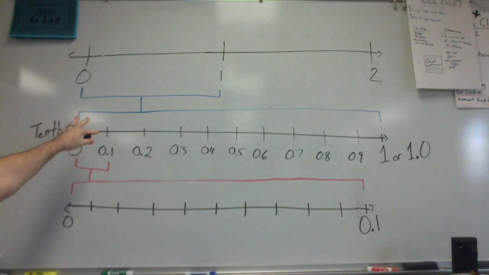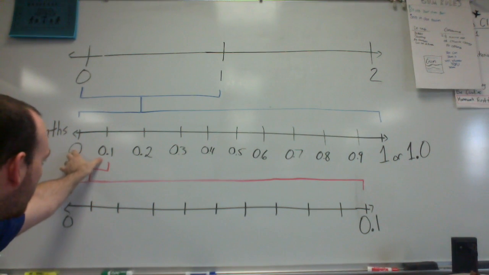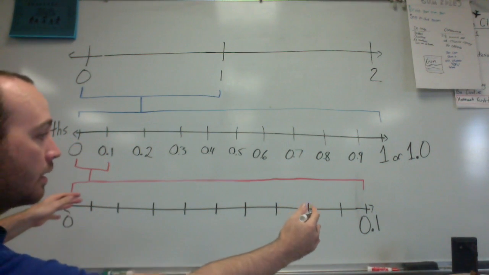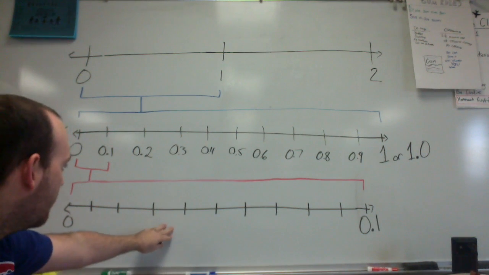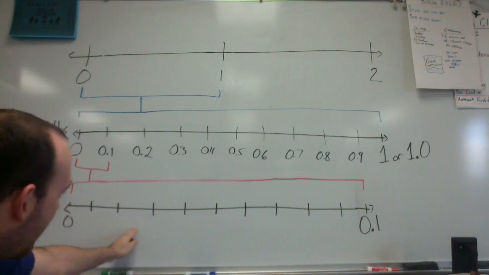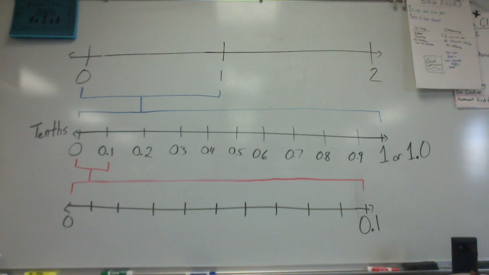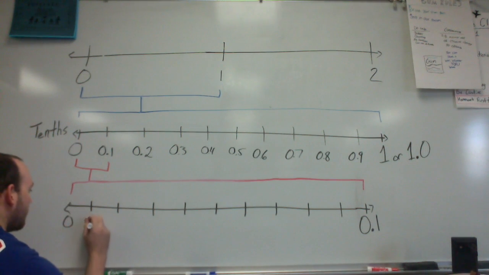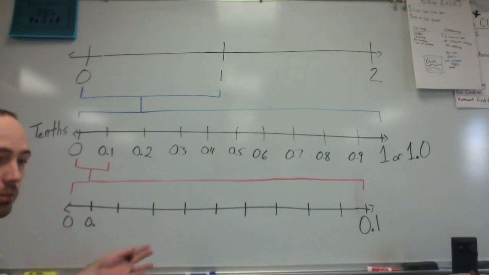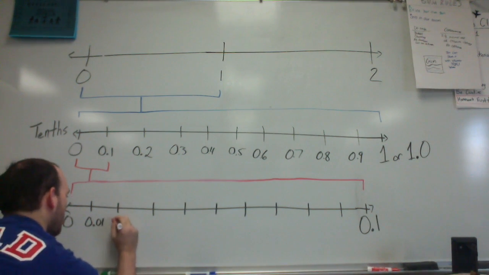Now we're going to break it down even a little bit further. You can see again, I'm taking a little chunk out of the number line from 0 to 0.1, or from 0 to 1/10, and I've expanded that. Continuing our pattern, it always takes 10 of the smaller place value to make one of the next biggest place value. So it's going to take 10 of these to make up just this much of this number line. And hopefully you recognize a pattern here as I do the first one. It goes from 0, now 0 point, and it's got to be smaller than 0.1. So we're going to put another 0 in there, so 0.01. Then it'd be 0.02,